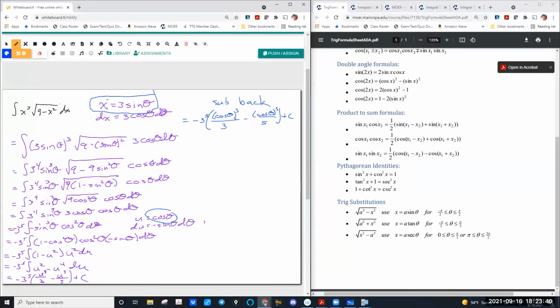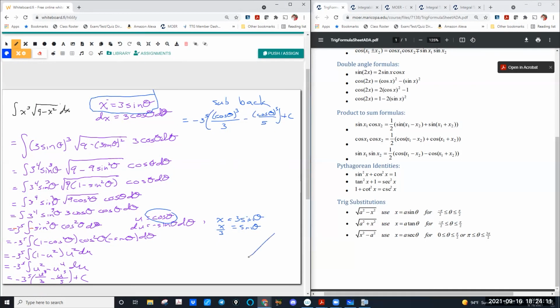We need to get cosine of theta in terms of x. You have 2 options, and I'll show them both to you. Number 1, if you solve this, we know that x equals, we know this. So we also know then that sine theta equals x over 3. To find cosine, you can either use the Pythagorean identity or you can use a right